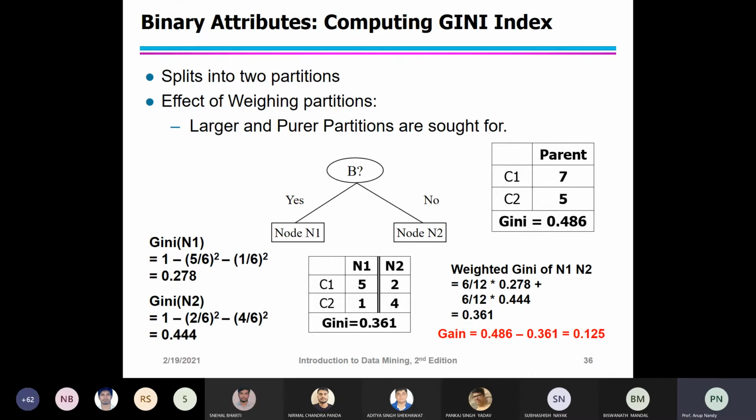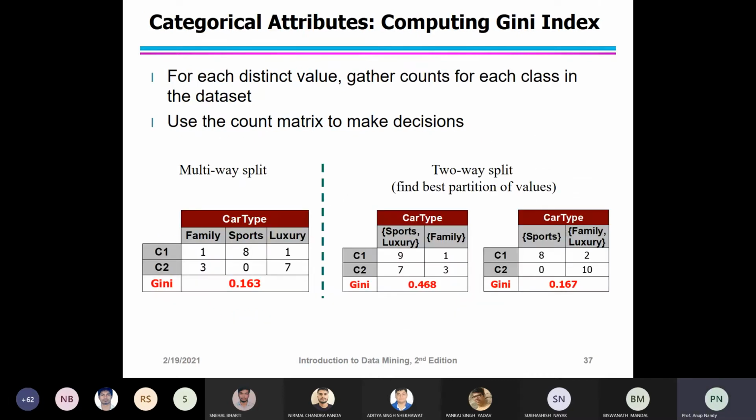Now next is the categorical attributes. If you have categorical attributes, how do you compute the Gini index? As you can see, nominal attributes can produce either a binary or a multi-way split.